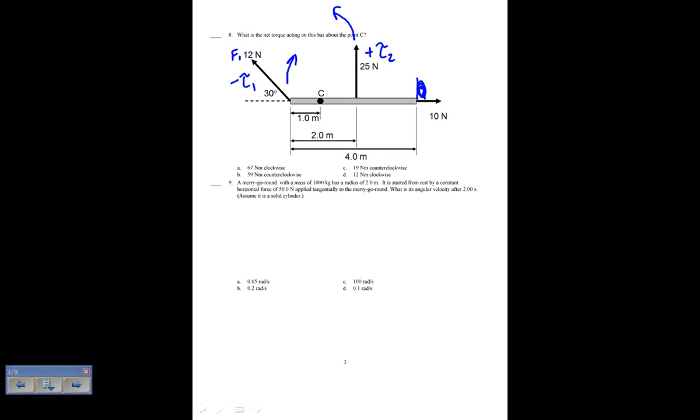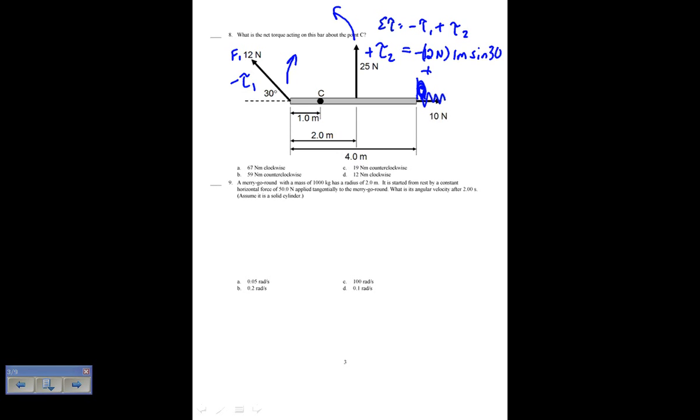Or excuse me, the angle is 0 degrees. This doesn't provide any motion. It provides no torque. So my net torque then is going to be, the sum of all my torques is going to be negative torque 1 plus torque 2. And then torque 1 is going to be 12 newtons times my moment arm, which is 1 meter, times the sine of 30,